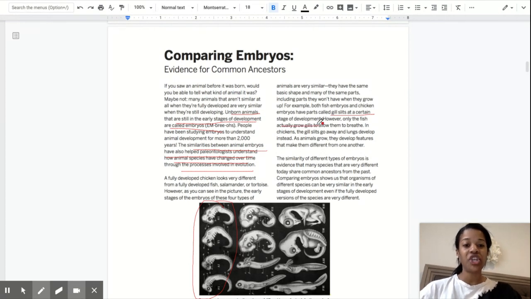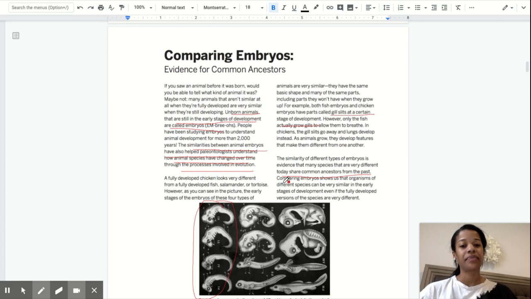However, only the fish actually grow gills to allow them to breathe. In chickens, the gill slits go away and lungs develop instead. As animals grow, they develop features that make them different from one another. The similarity of different types of embryos is evidence that many species that are very different today share common ancestors